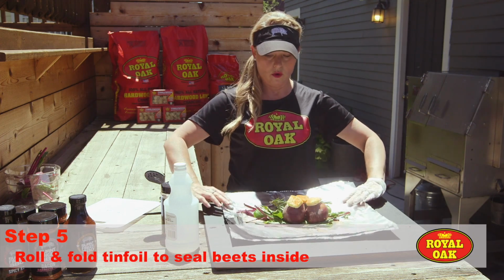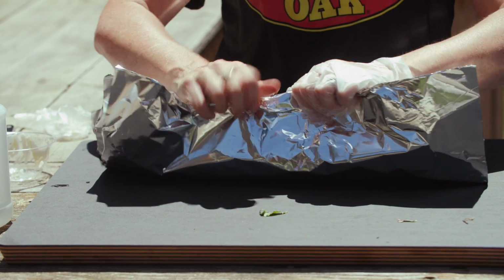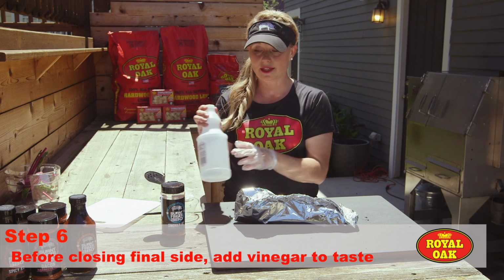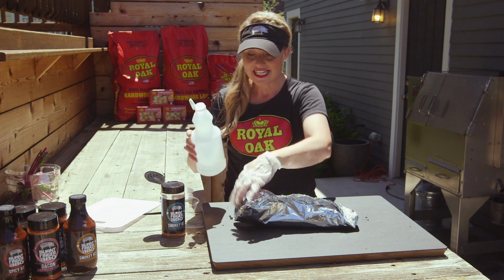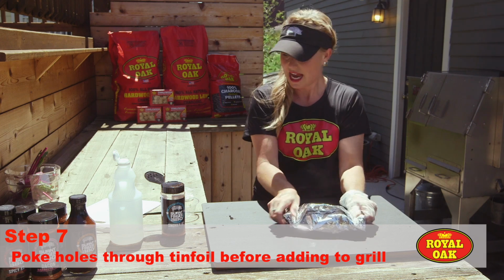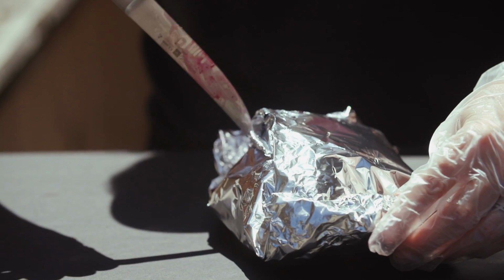We're gonna roll the tin foil, and I like to do 2 double walls just to add some protection and make sure everything stays inside. And then I leave this one side open so that I can add a little bit of liquid. I like adding some vinegar because it adds some tanginess and it keeps everything kind of roasting and moist. All right. I'm gonna poke a couple of holes in the top just to let it steam out